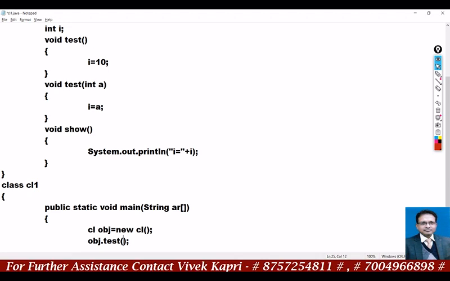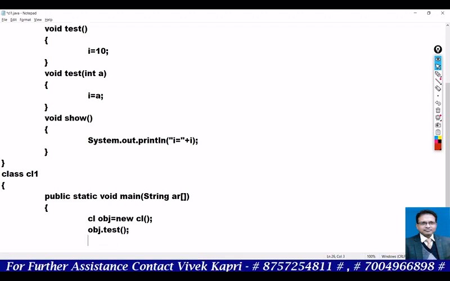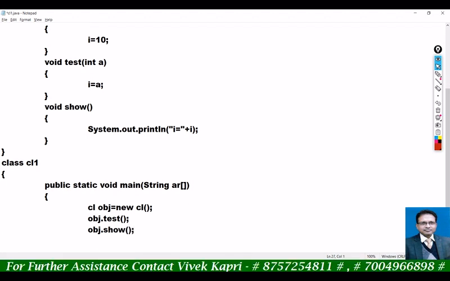Only this function structure will be matched, so this function will be called and we will assign the value of i equal to 10. So if you print obj.show, it will print i equal to 10.